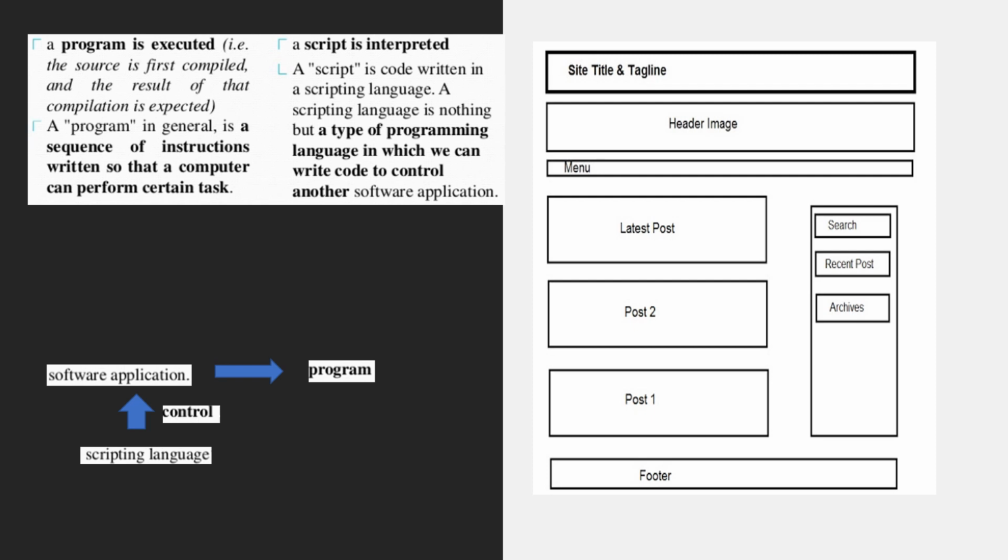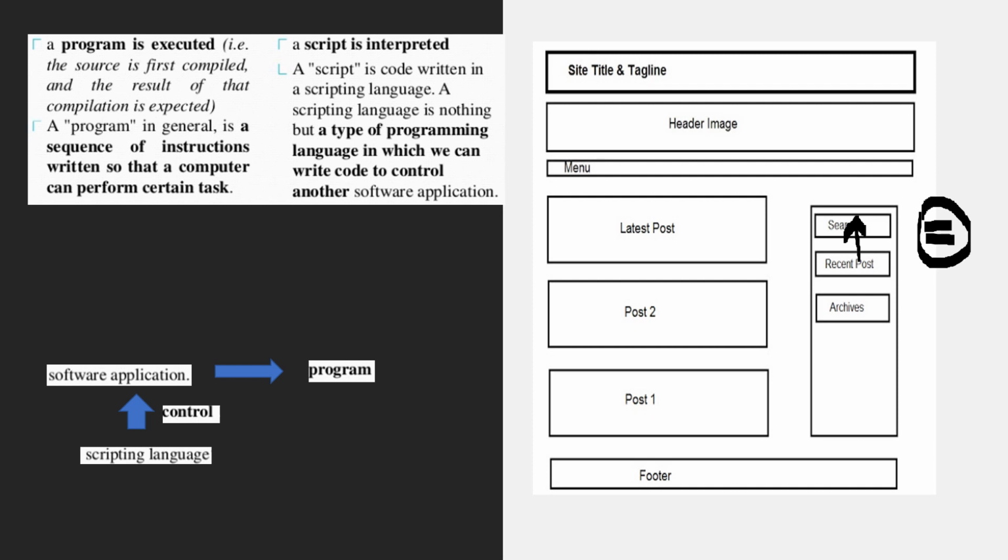Now look at this search bar. For example, say I have created this web page using HTML, and whenever I click on search, I want it to display an image or something. So this is my requirement.